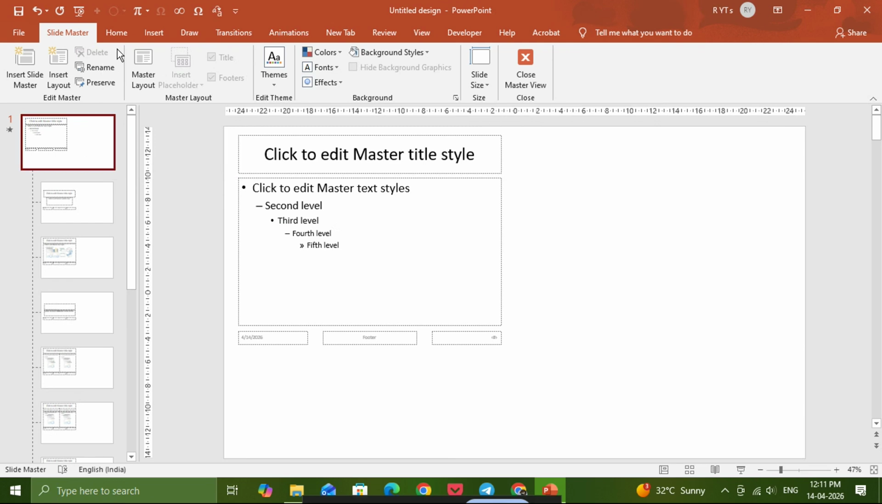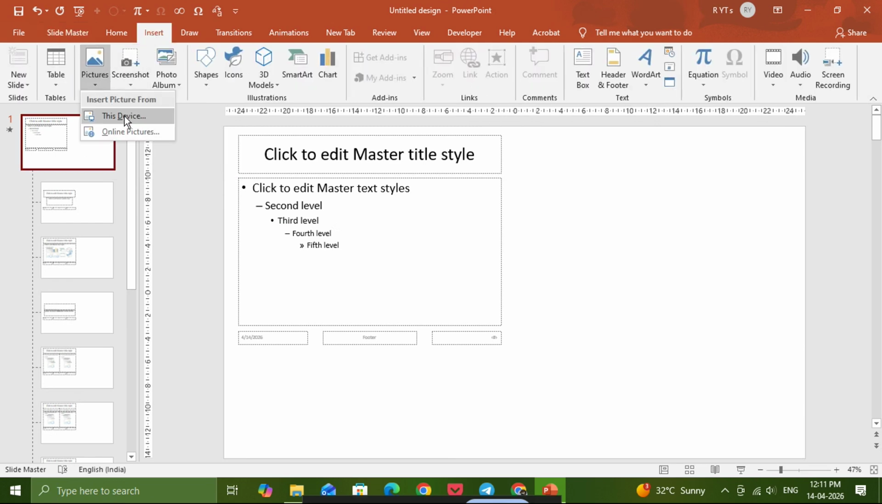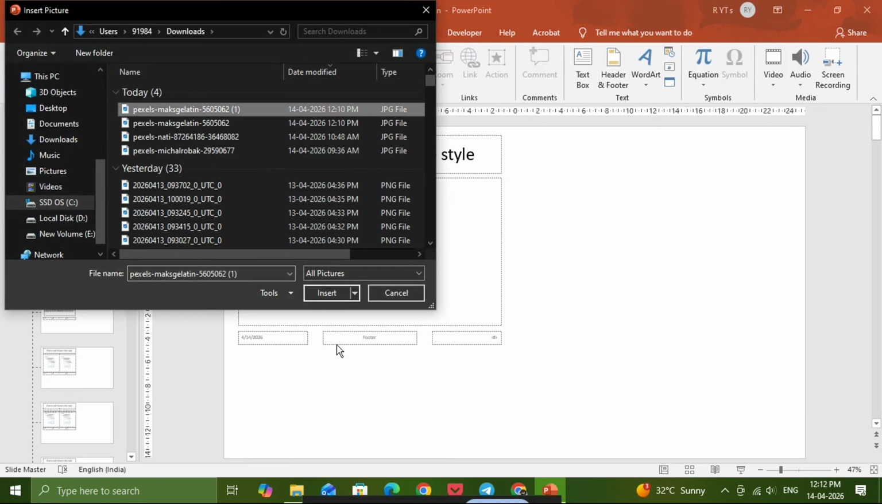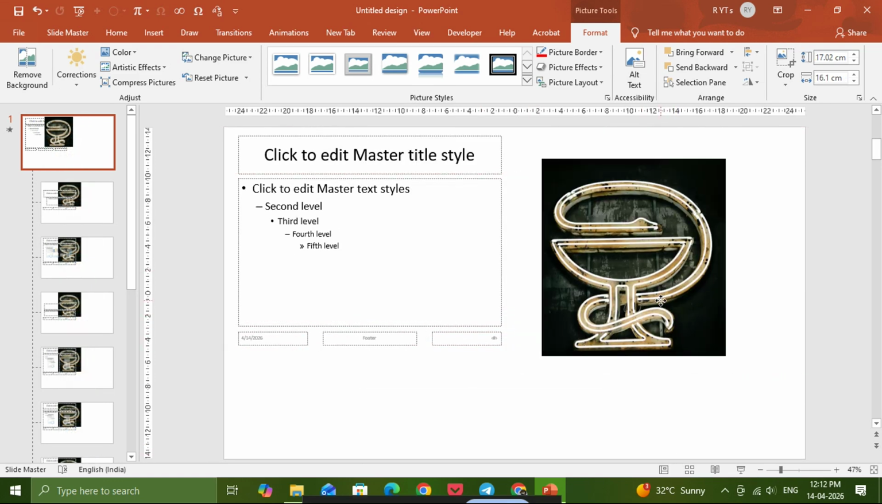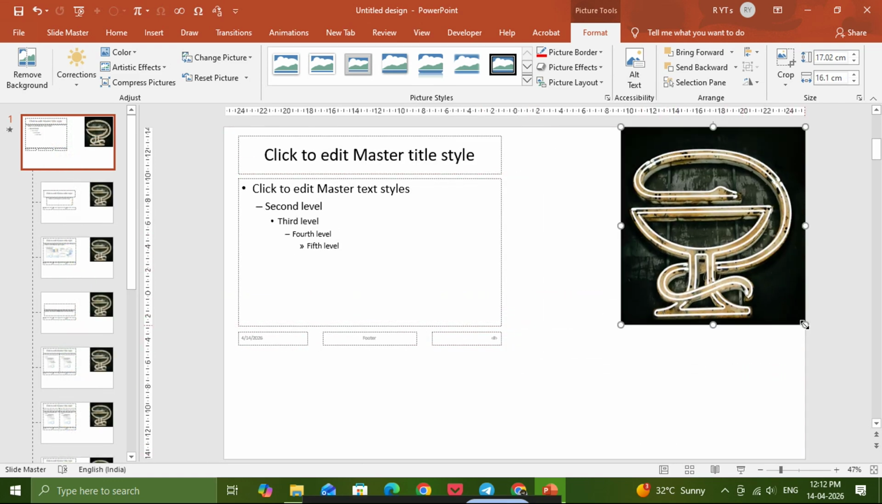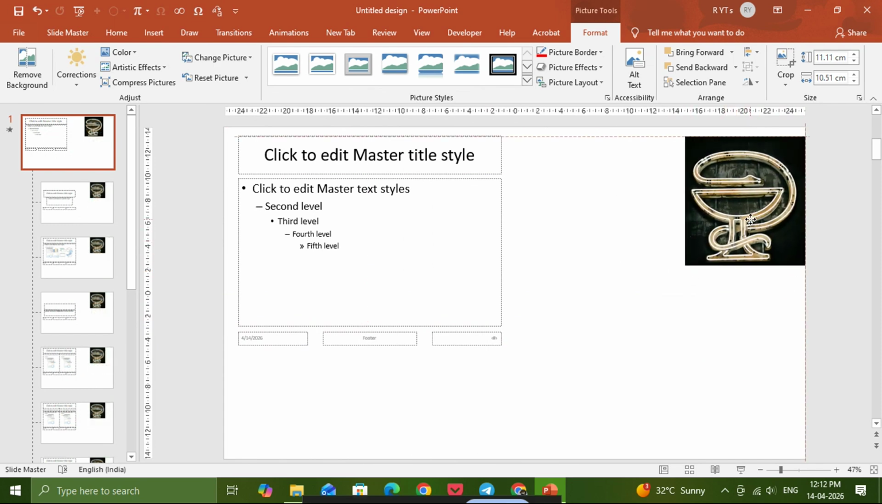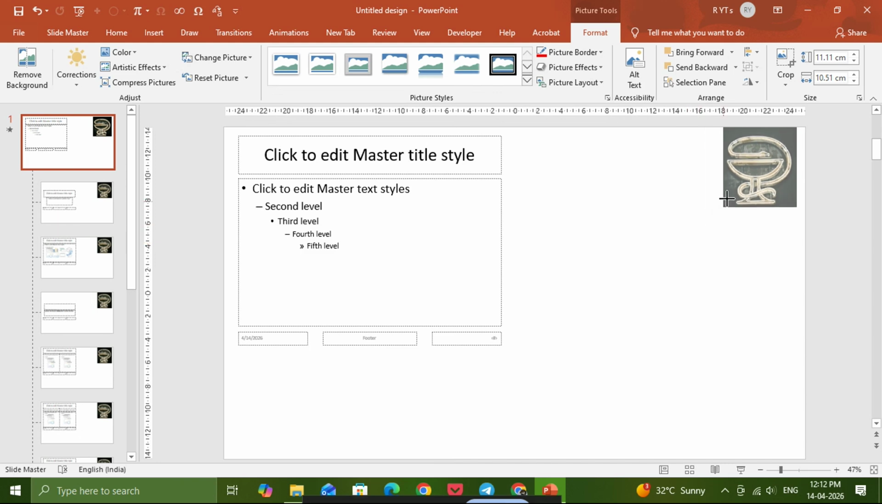Next, go to the Insert tab and click Pictures. Then choose the logo file from your computer and insert it into the Slide Master. After the logo appears, click on it and start resizing it. For a watermark effect, you usually want the logo to be smaller and less distracting, so make it fit neatly in a corner or along the bottom of the slide. You can place it in the top right, top left, bottom right, or bottom left, depending on your layout and